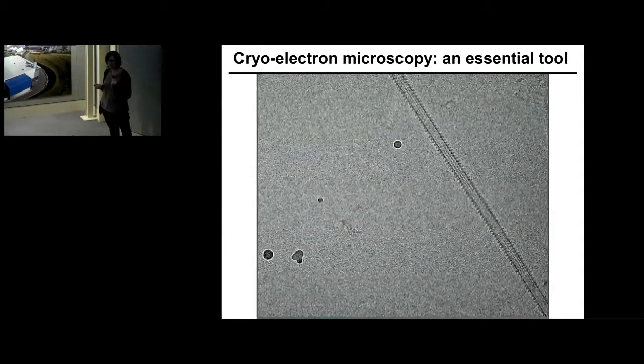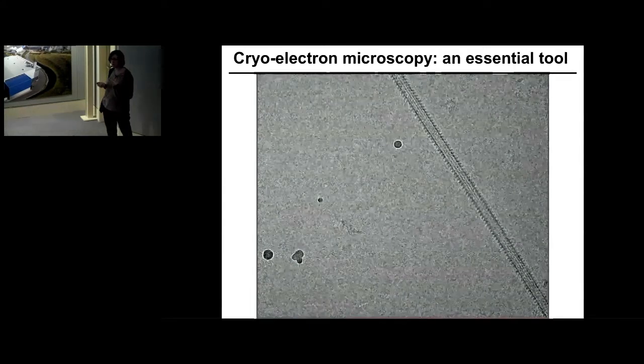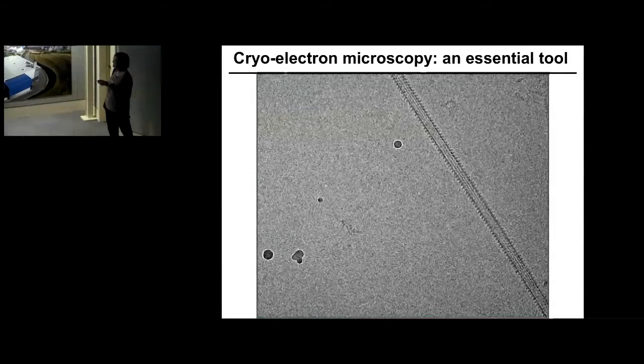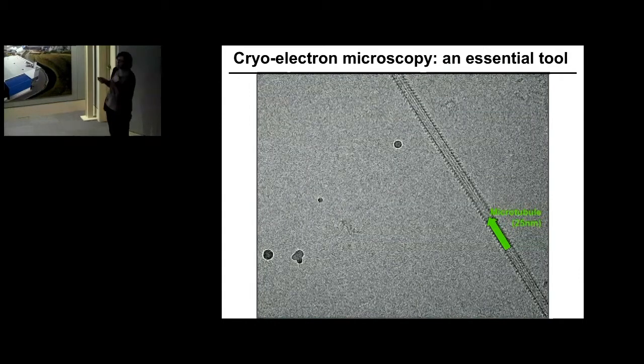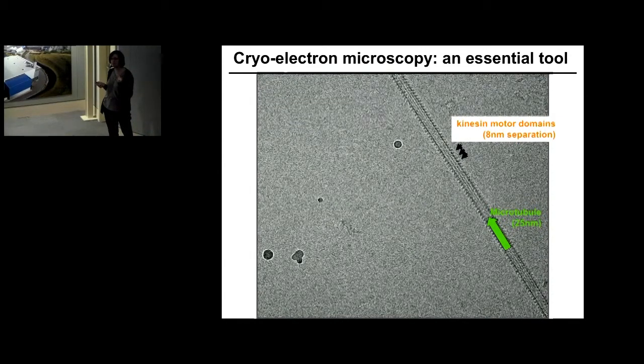So cryo-EM has been a very powerful methodology for understanding microtubule structure and function for a very long time. And of course, they're very beautiful in vitreous ice. So this is actually a kinesin-decorated microtubule. What you can see here is that the microtubule itself has a diameter typically of about 25 nanometers. And these individual little bobbles along the edge of the projection of the microtubule are individual kinesin motor domains. These are about 40 kilodaltons in size, but because they're regularly arranged along the microtubule lattice, you can see them